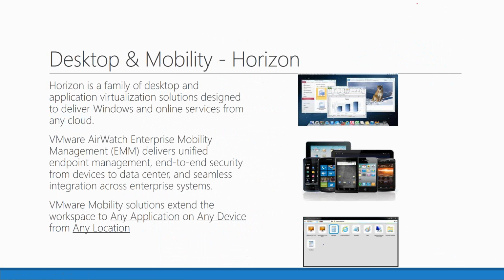VMware's Horizon platform. This is their virtual desktop, or as they like to call it now, their mobility platform. And in fact, I'm teaching a Horizon 7 class this week. I'm on lunch break for that class right now. Horizon and Horizon View gives us the ability to do virtual desktops or VDI, but it also gives us the ability to present applications and do application streaming. The mantra is: I can get a user any application on any device at any location. What do you need? We can get it to you.